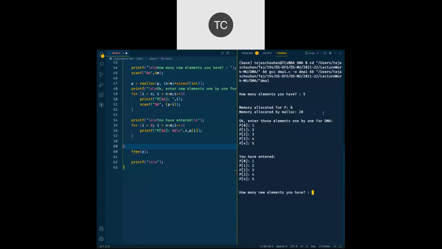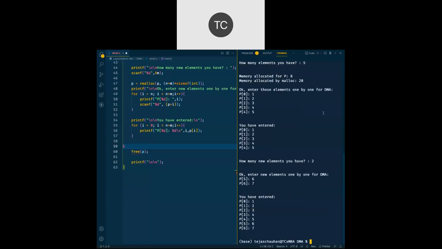Then it is asking how many new elements you have. Okay, let's say I have 2 new elements. Then it is going to ask me for p of 5 directly. The earlier p of 0 to p of 4 are there. It is asking me p of 5, so it is 6 and 7, the next elements, and then it will print the entire array one more time. So from p of 0 to p of 6, we got all the values, 1 to 7.